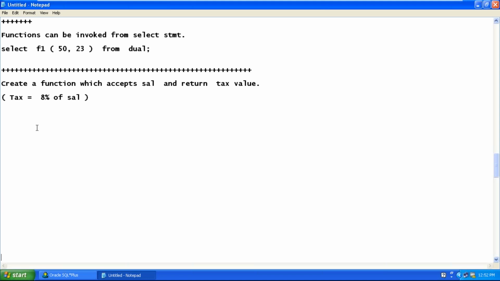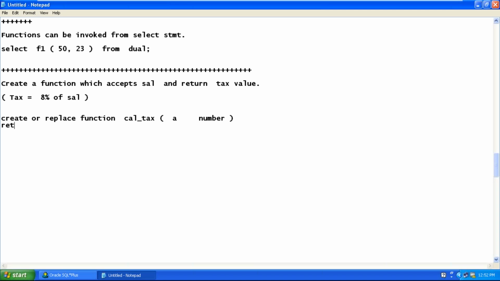Okay. Look at this. Create or replace function. Let's have a meaningful function name, cal_tax, because it is calculating the tax, which accepts a salary. Salary is nothing but a number. So write a number, return tax.